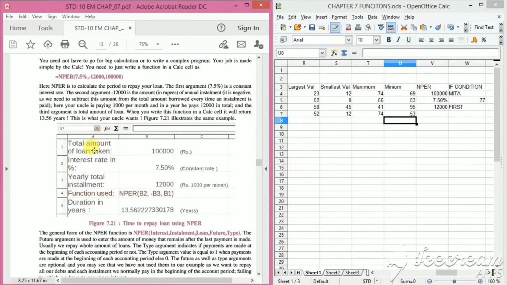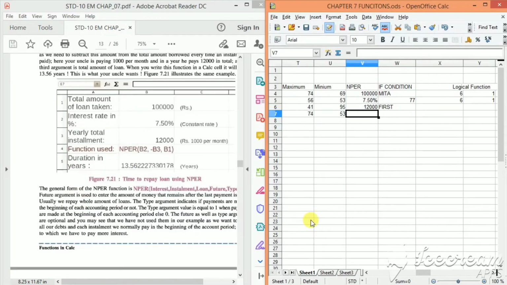See, for the NPER function, the first one is the total amount of loan taken from the bank, which is 1 lakh. The interest rate is 7.50, and the yearly installment is 12,000. Clear? Now to find NPER, type equal to